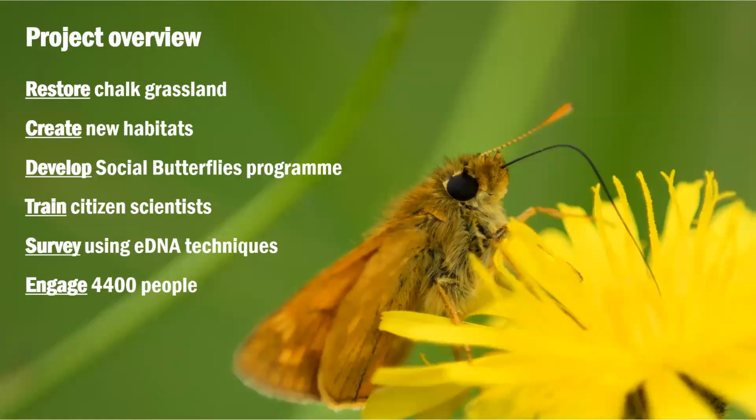So just a bit of a project overview, some of the key parts we're looking to deliver as part of the project. We're looking to restore around 44 hectares of chalk grassland across 6 London Wildlife Trust nature reserves, looking to boost biodiversity on those sites. We're looking to create up to 40 new habitats in green spaces across the project area, again to help expand